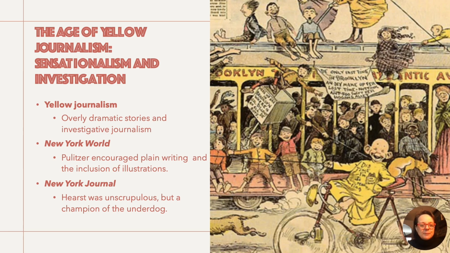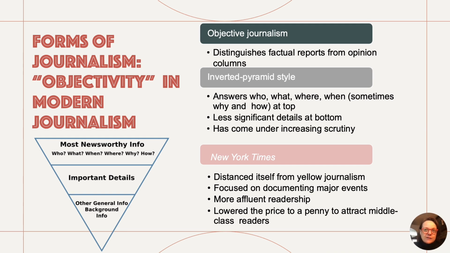So again, it's a complicated thing. It's both good and bad in some ways. So yellow journalism prevails through much of the 19th century. And in the earliest 20th century, we start to see a kind of backlash to yellow journalism and its sensationalist